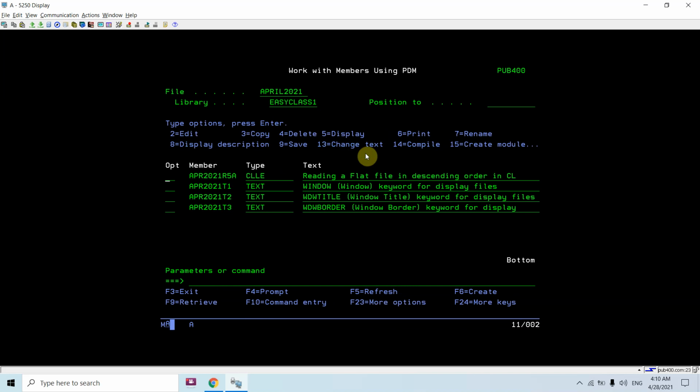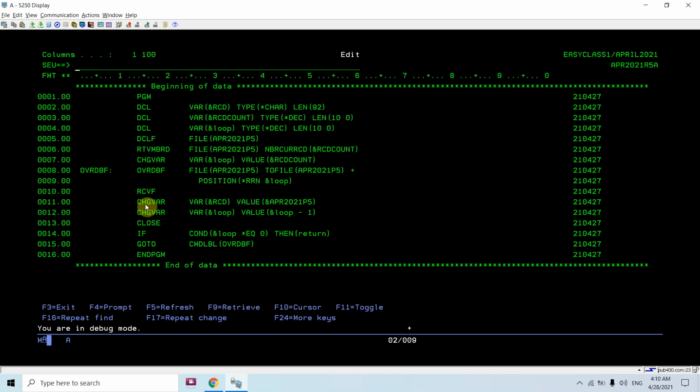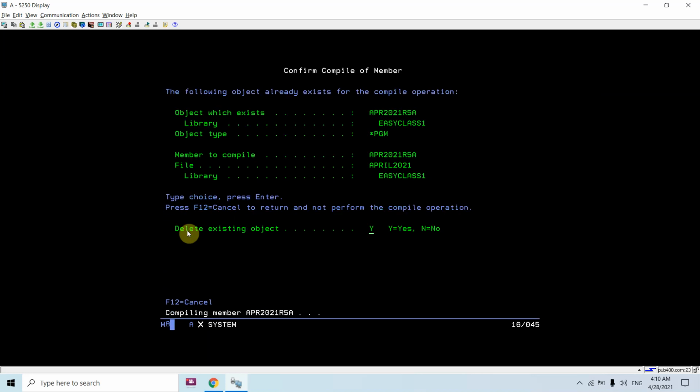What I was telling here was, if you don't close the file, you will be getting CPF 0864, that is end of file has been reached.